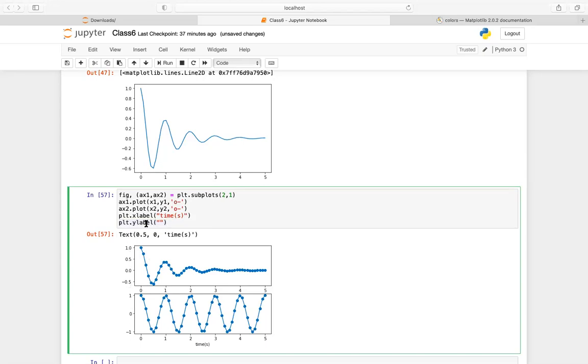So I cannot use a single ylabel, I have to use separate labels. So let's say I want to mark the first axis, ax1. The command here is ax1, and then you have to write dot set underscore, if you want xlabel or ylabel, whatever label. So I want ylabel here, set_ylabel, and here ax1.